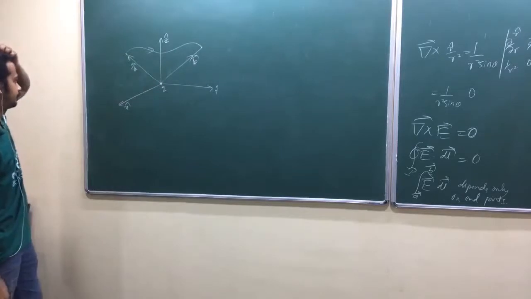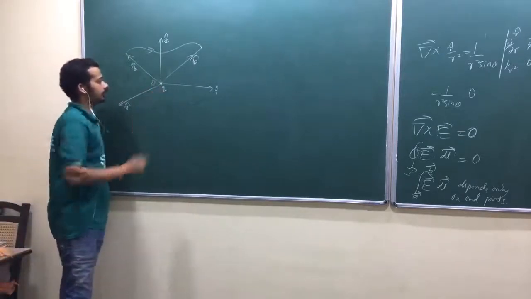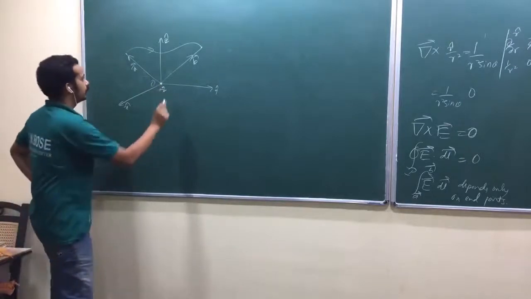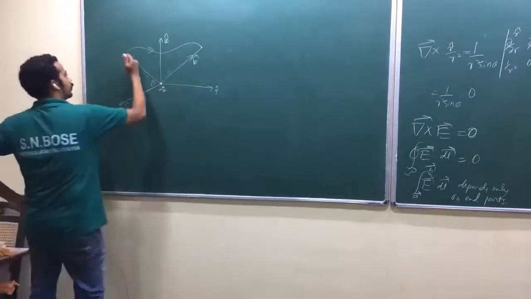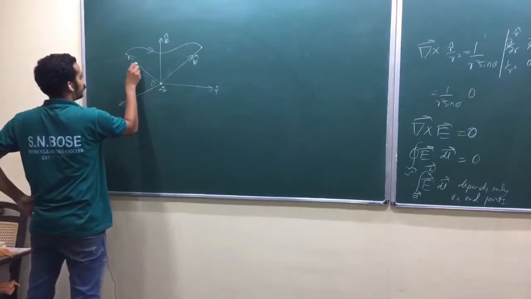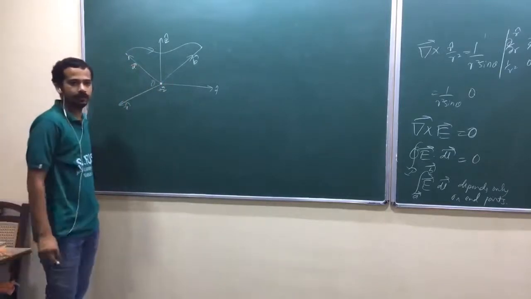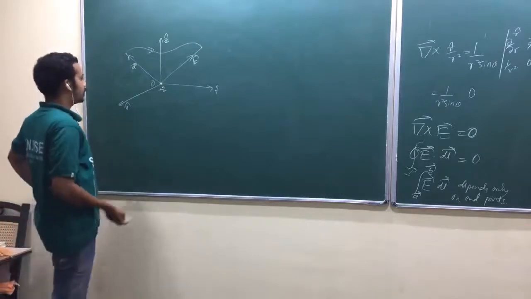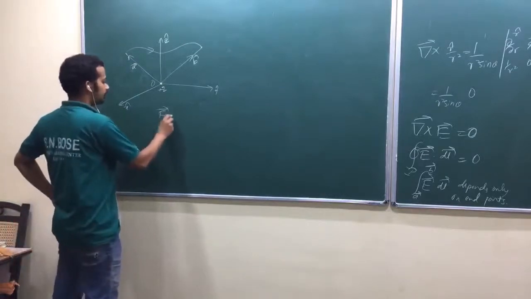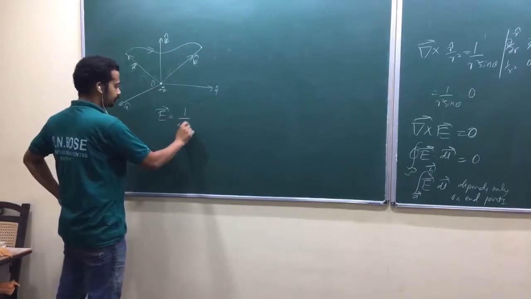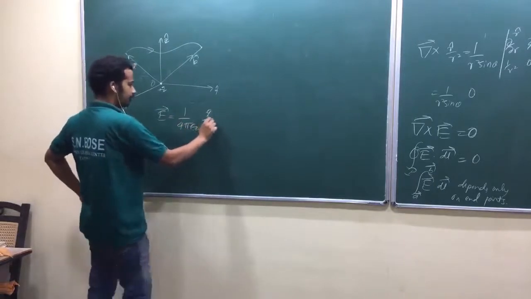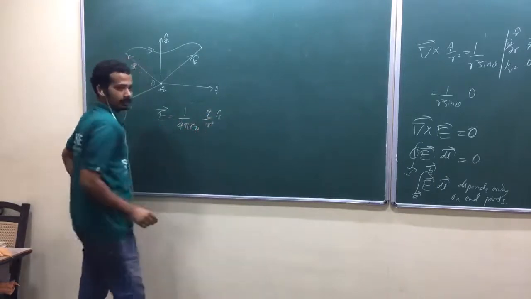So this is the origin, and I'm going to place plus Q charge at the origin. Is that okay? Now look here. You are going from point A to point B. A and B are denoted by their position vectors. Okay. Now I know what the electric field due to this point charge is. Am I right? What is that one? Speak out. It is Q by 4 pi epsilon naught, 1 by r square, r cap.